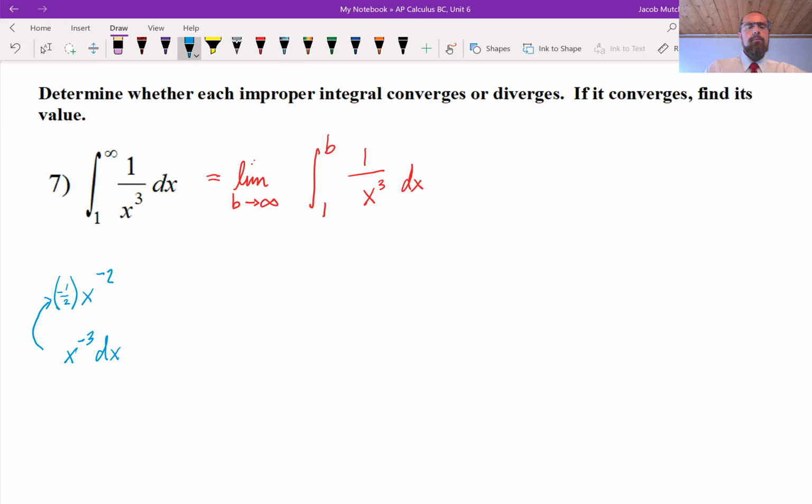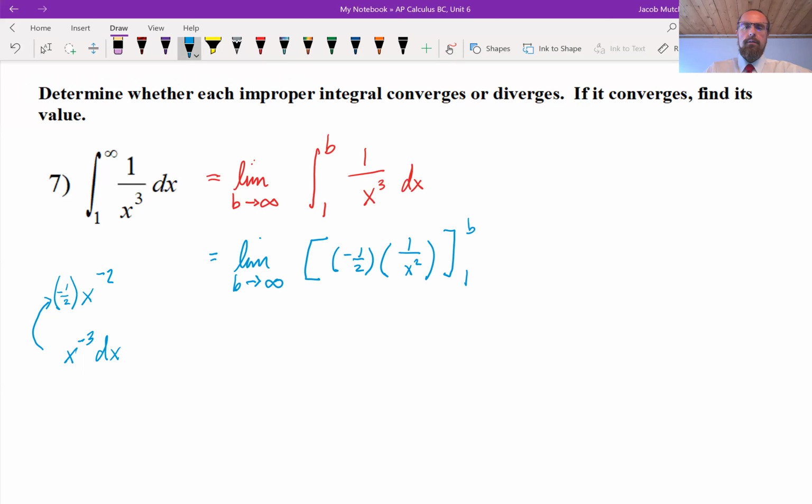And that would ensure that when I differentiate, it would get me back to x to the -3 dx. So we're going to evaluate. This is the limit as b approaches infinity of -½ times, we'll put it back in its positive power, 1 over x to the power of +2, evaluated from 1